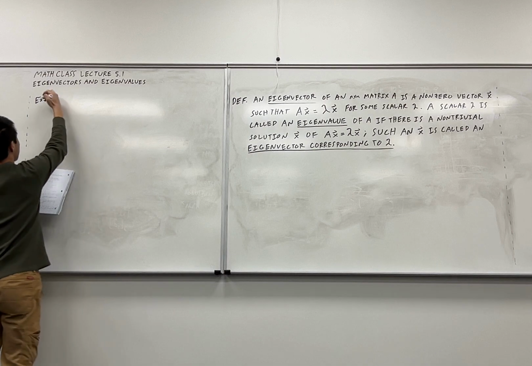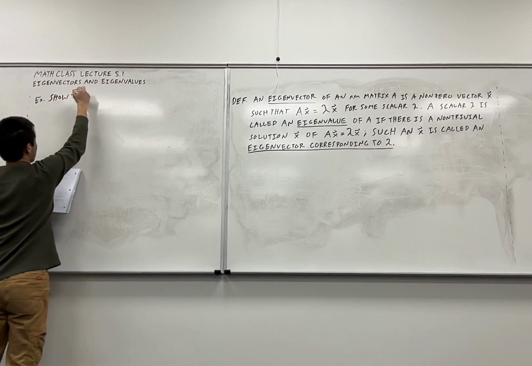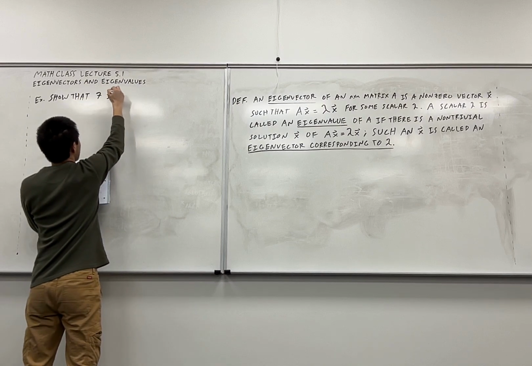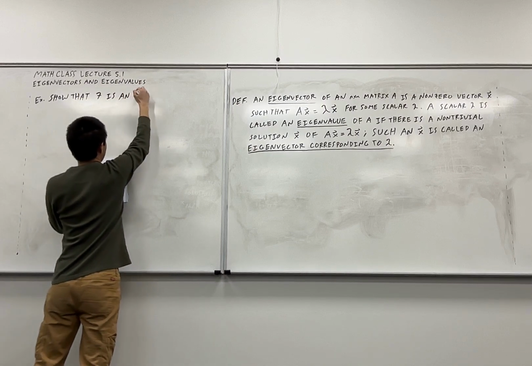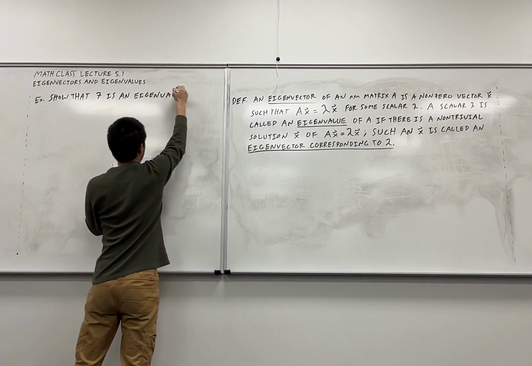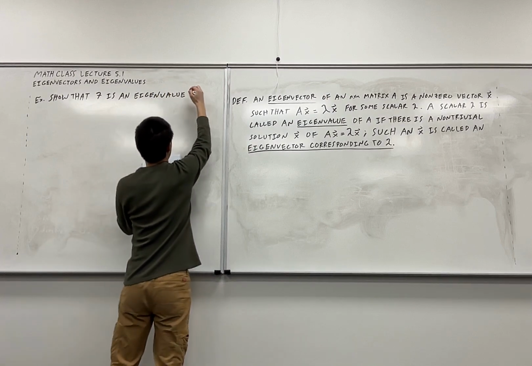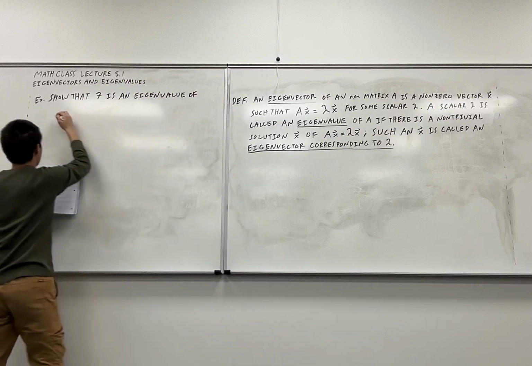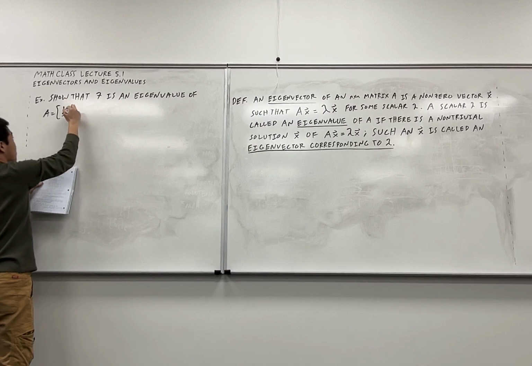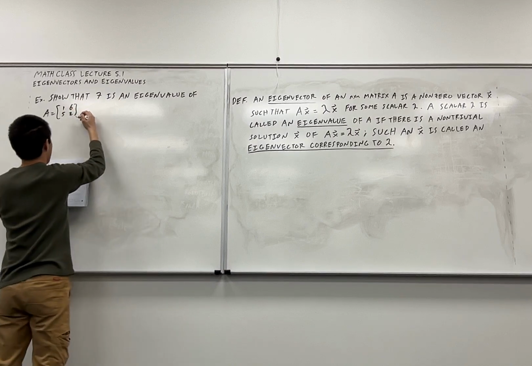We're going to show that the number 7 is an eigenvalue of the matrix A equal to 1, 5, 6, 2. And then we're going to find